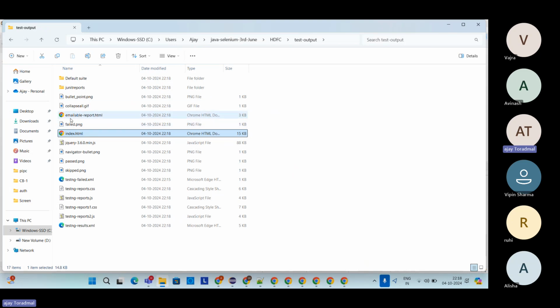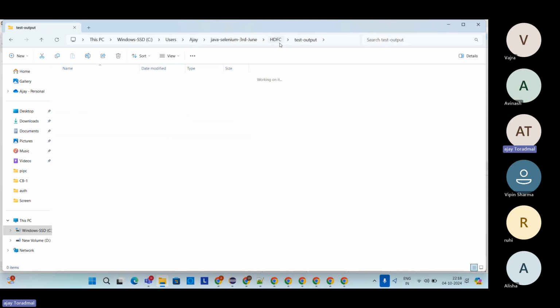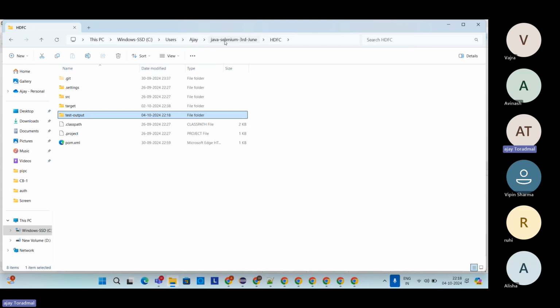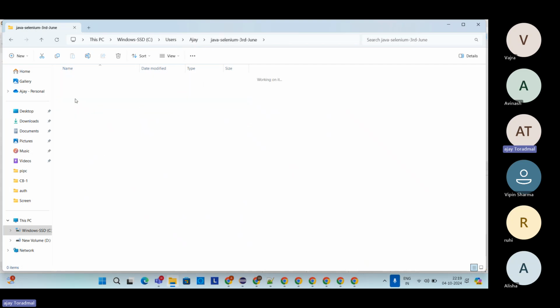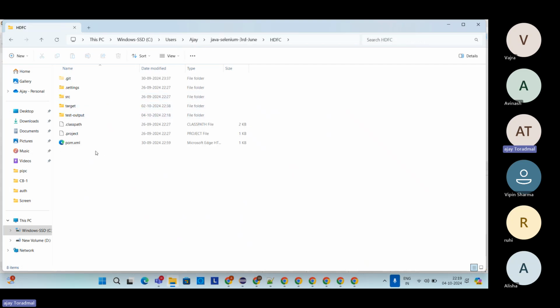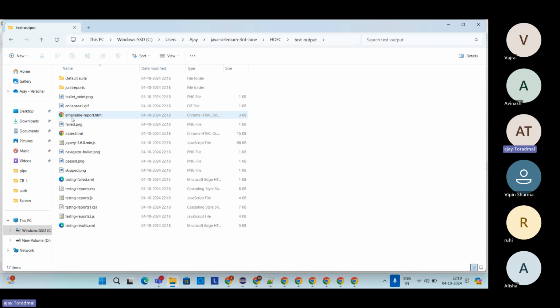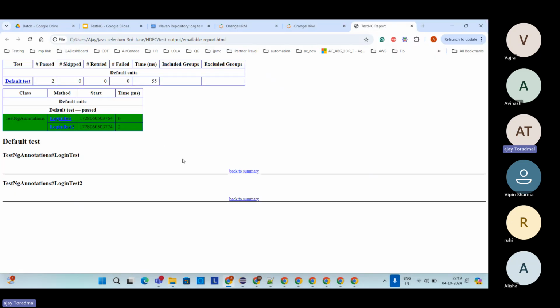Now, where am I getting these reports? I'm just navigating one step back. So this is our HDFC project. In that HDFC project, we can see this test output directory. If I go to this test output directory and click on the emailable report,